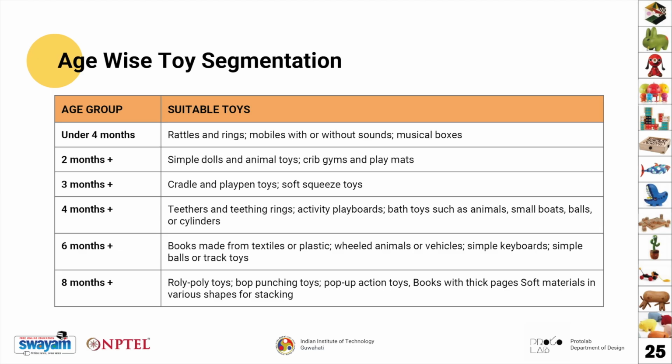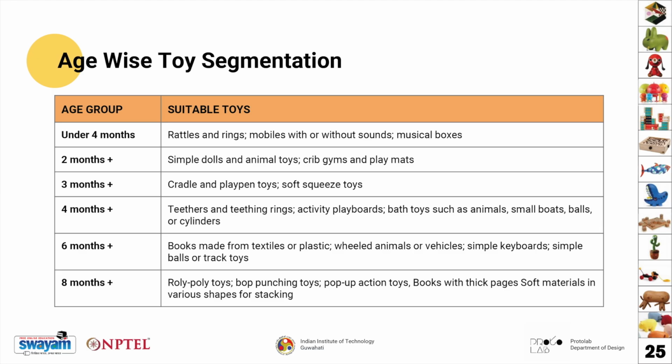Cradle toys, playpen toys, and soft squeeze toys help develop hand strength and tactile exploration. At 4 months, babies begin mouthing objects as part of sensory learning. Tethers, activity playboards, and bath toys such as small boats or animals support oral sensory development and cause and effect